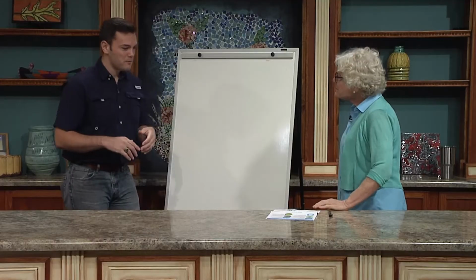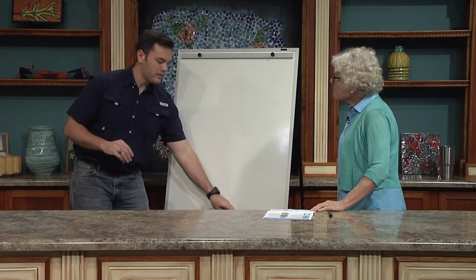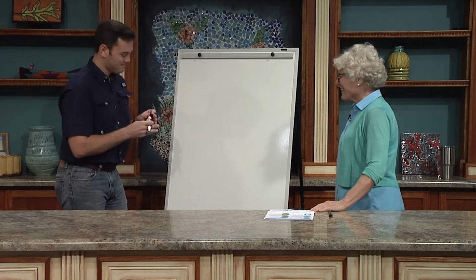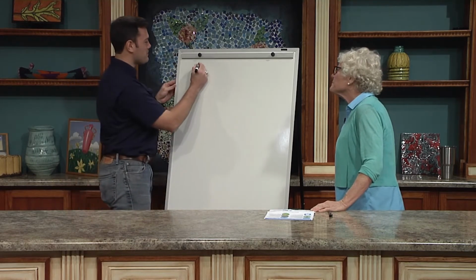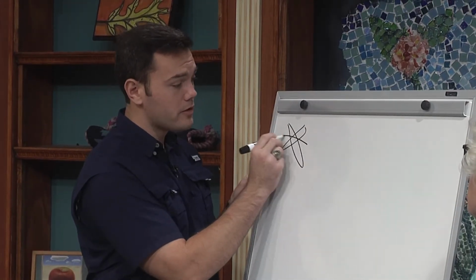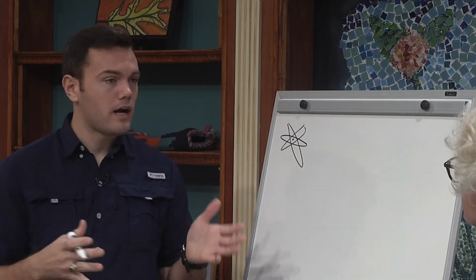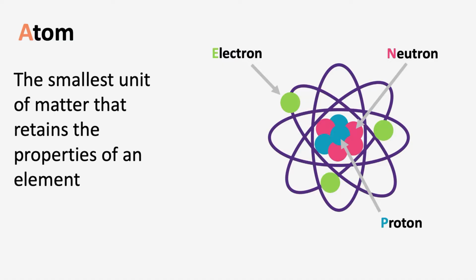Well, let's start with just how do we form an organism? What are the building blocks? All right, so for the sake of this talk, we're going to stick with atoms as being the smallest unit of matter for us. Viewers at home might be familiar with things like a hydrogen atom or a helium atom or oxygen atom. Atoms are the smallest unit of matter for the sake of this talk.